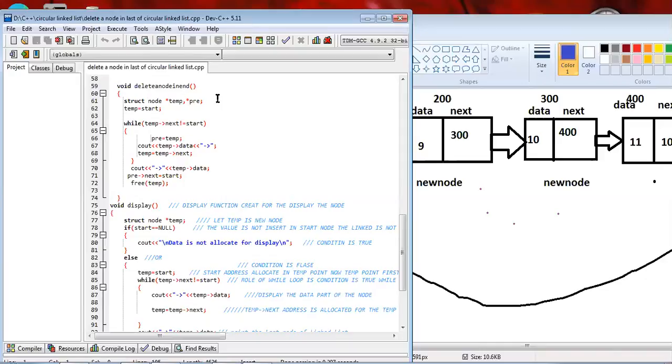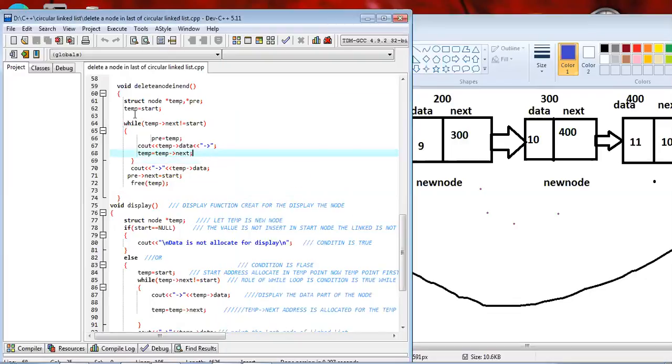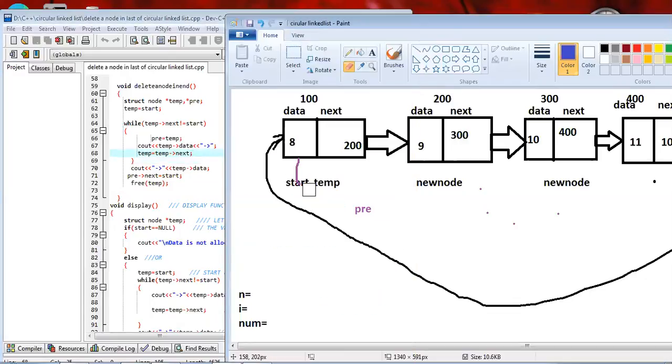Void delete a node in end, and this is a function. *temp and *pre are node type pointers. Then temp equal to start, meaning the address of start is allocated in temp, meaning temp points to this node.